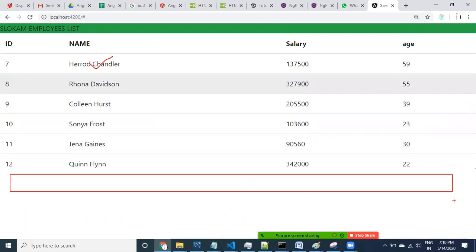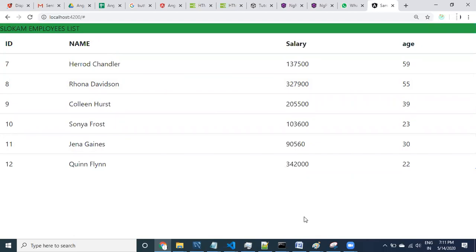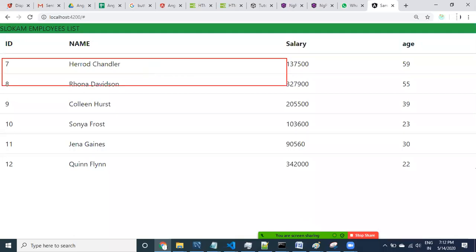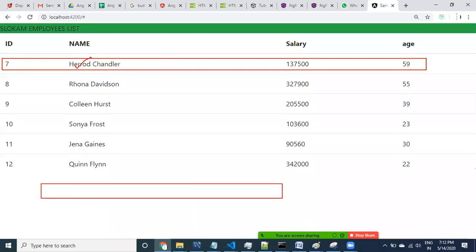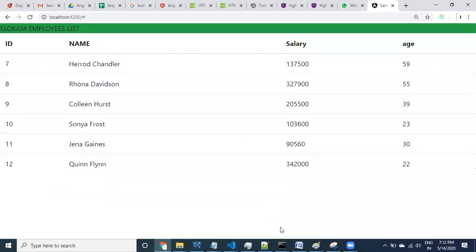After the table, in the app HTML, if the end user clicks on this record, then I want to display that information here. Which component? On the same component, in the table component only. First, I would like to display this information in the same table component. Okay, let us go to that.